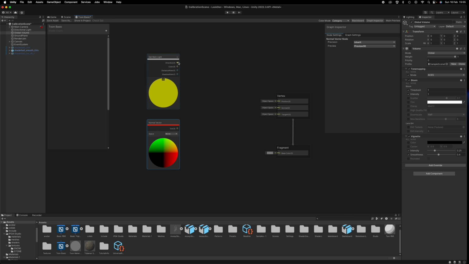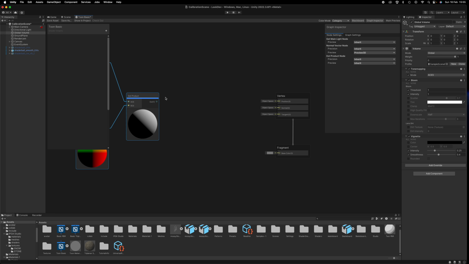There we go. And to compare them, we're going to use something called a dot product, which is explained in more detail in one of the handouts that I've uploaded. But the dot product is able to compare two vectors and essentially give us the difference between them, okay? Or at least not necessarily the difference, but to establish whether they're in the same direction or not. So this is the resultant output from our dot product calculation,